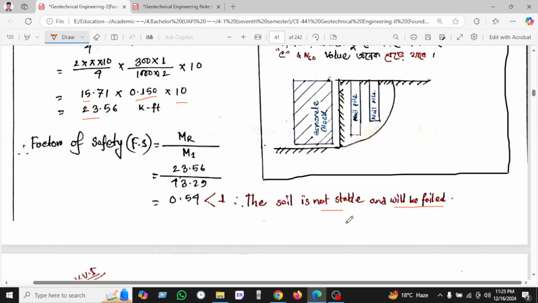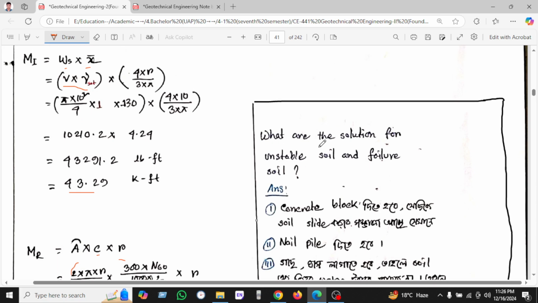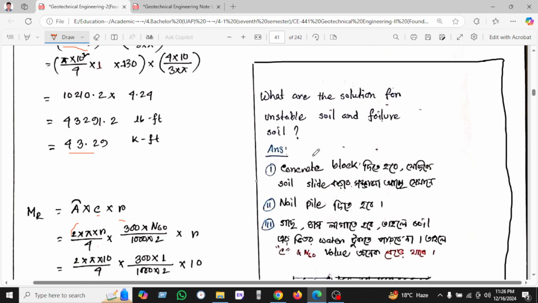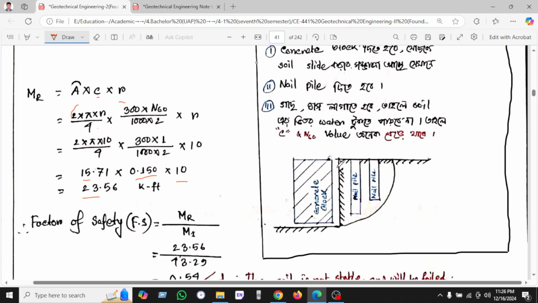So what precaution will we take if the soil is unstable? This is a theoretical question: what are the solutions for unstable soil or failure? One is, this is our slope zone, so we have to load concrete blocks. This is the one. Another one, we can install soil nails or piles,